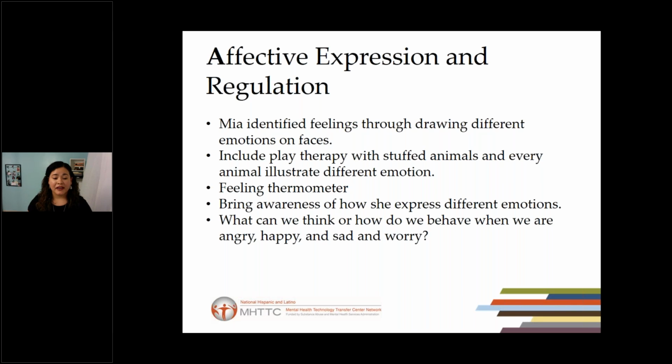The next slide. So effective expression and regulation helps to improve feelings, vocabulary, and coping. It will help the clients to understand what emotions are, the meaning of those emotions, and how I feel those emotions on my body. Usually I draw the body, right? The silhouette, and I let them know, okay, with the red one, when you feel angry, let me know where in your body you feel that anger. Usually on the throat, usually on the hands, because I fix my hand, right?